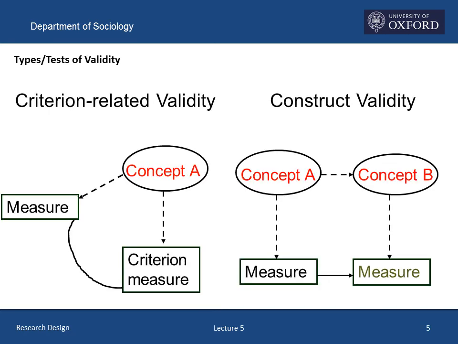Let's first talk about criterion-related validity. What I'm going to assume will at first sound a little weird, but bear with me, and I'll give you an example where this sort of approach has been useful. We want to measure concept A, and we're in the fortunate position of having a gold standard measure, which we'll call the criterion measure. It turns out, however, that it's very expensive or impractical to collect information on the criterion measure. Perhaps it requires highly trained interviewers or observers. Perhaps it requires considerable respondent motivation or cognitive engagement or memory to provide the information that is required.